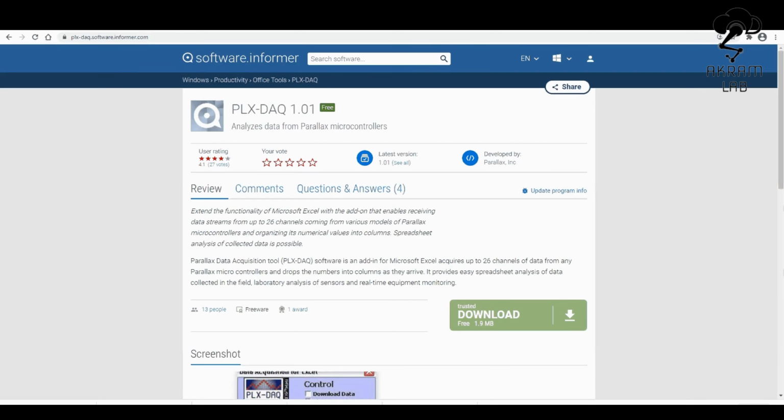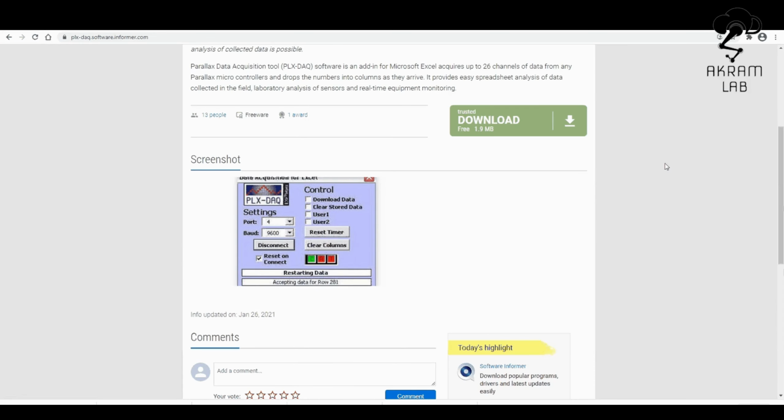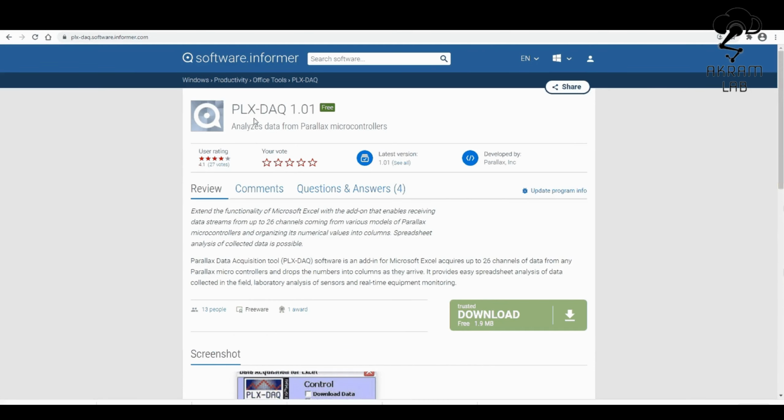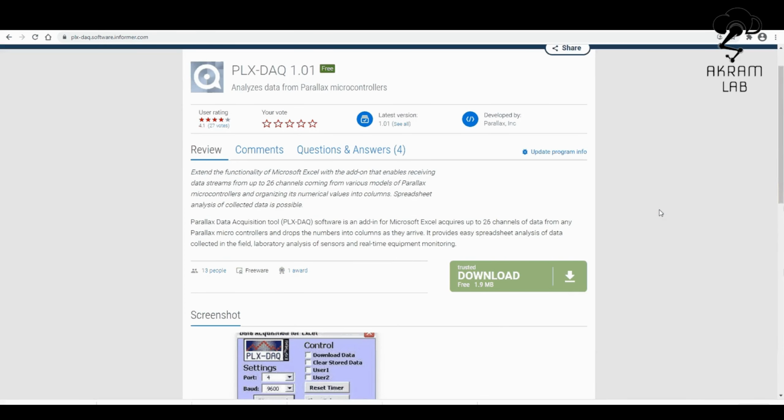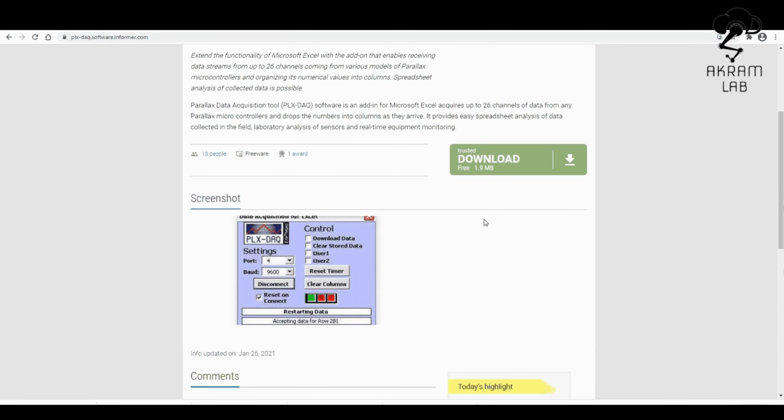So now let's see how we can change the Arduino IDE code a little bit, how we can download and install PLX DAQ, and how we can store the data of the LDR to MS Excel. First of all, we need to install PLX DAQ, and this is the link to install it for Windows.